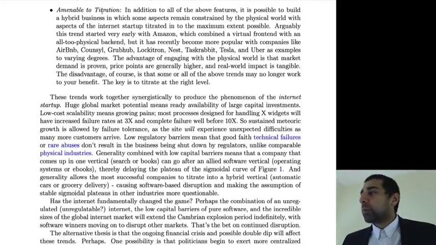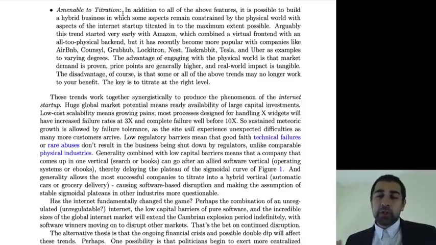And finally, one of the perhaps most interesting aspects is that you can titrate these distinctive features of internet startups into existing businesses. One of the best ways to do that is to build an API such that all your business logic, all your orders, all your things that are core to the business are computerized, and then you interface with the physical world as little as possible. For example, in our laboratory, we have physical interfaces where you actually take a test tube and then you run it through a machine, and then it's all bytes after that point. Then you're on the command line, then it's a pure software operation.